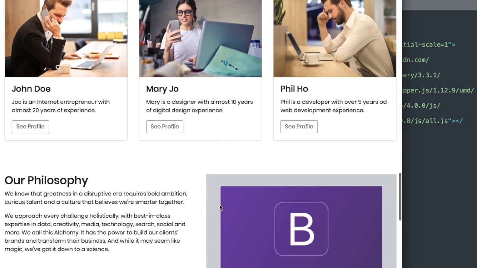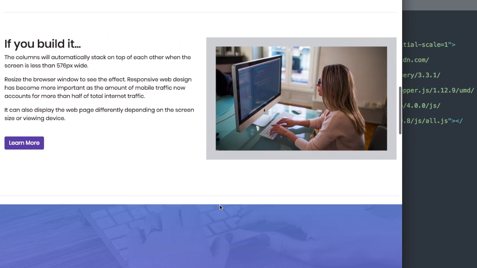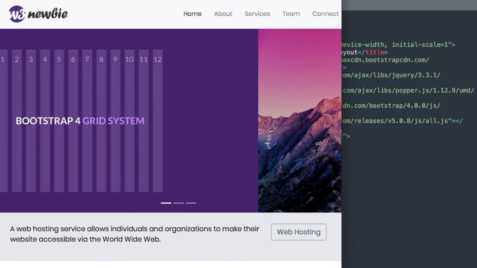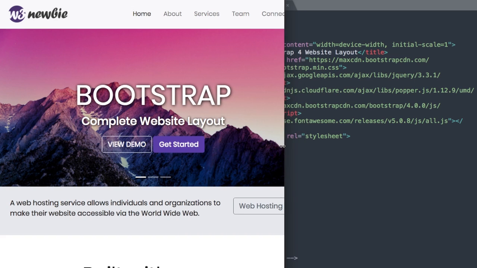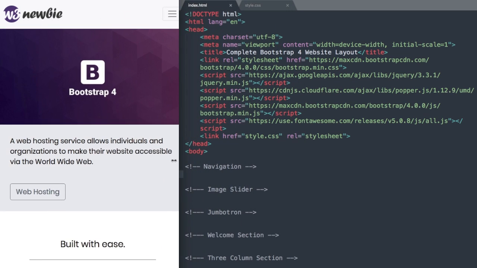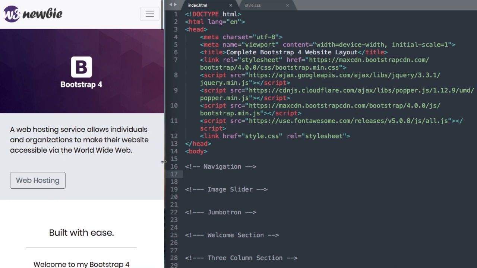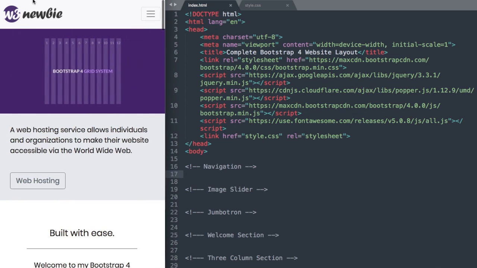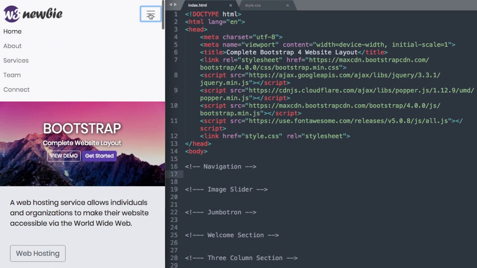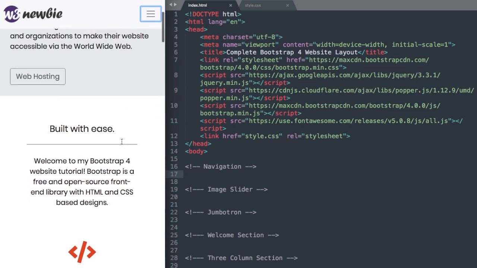So let's scroll back up, and I want to show you how the different sections will resize as we get down to the mobile section using the Bootstrap grid system. Let's go ahead and size it down and take a look at the mobile width, and then we'll resize different sections to see when they transform from 3 columns to 2 columns or to 1 column. At the top, let's look at our navigation here. If we select our drop-down nav, it's going to lay out all of our navigation items, and then as